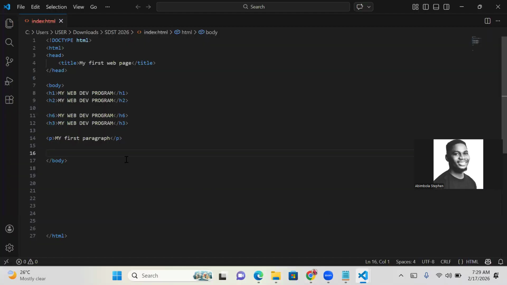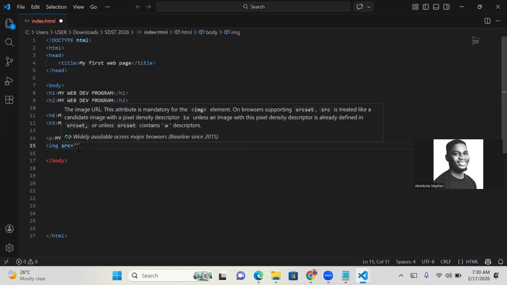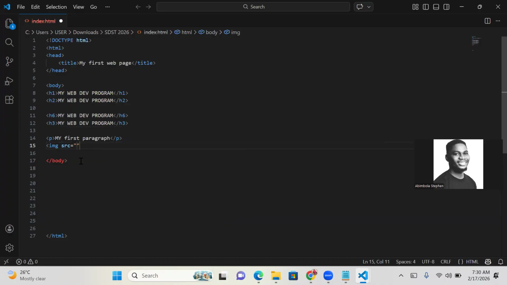Let's go and link it in our code. So after paragraph, you can have the image now. So I said the image tag is what? Image img src, which is image source, right? Once you click this source, it's going to generate an equal to sign for you to put wherever the source is. So you tell it that it is inside